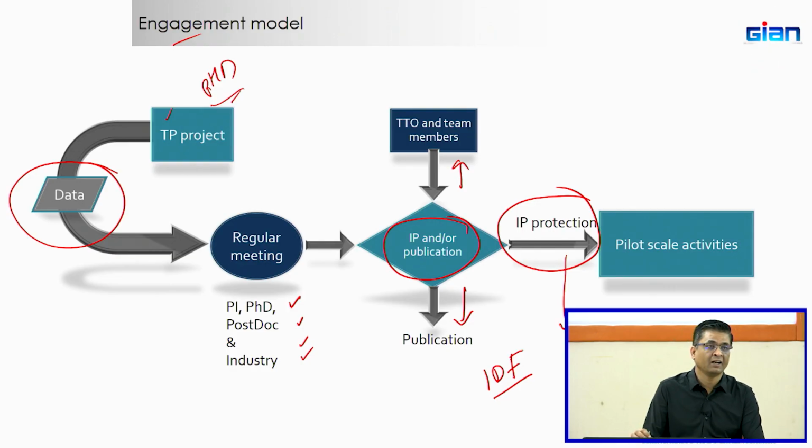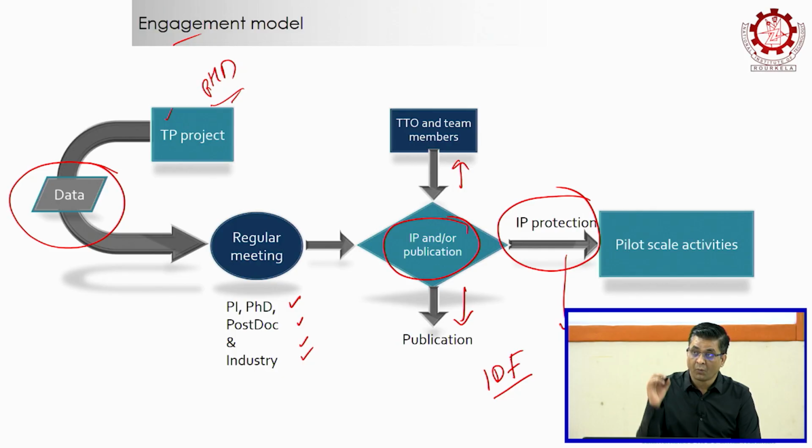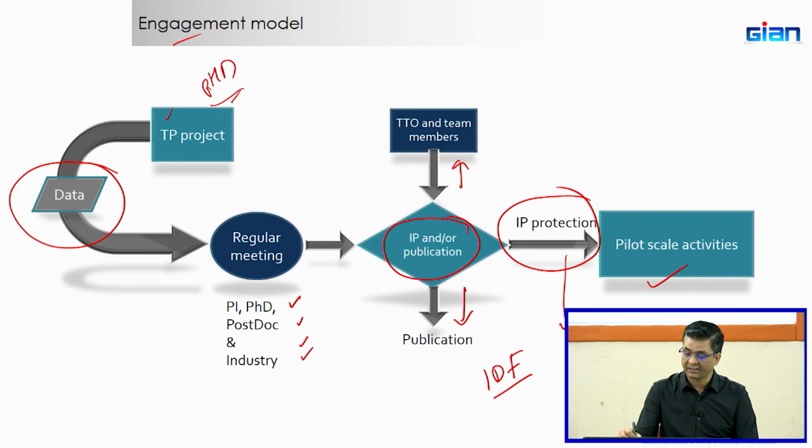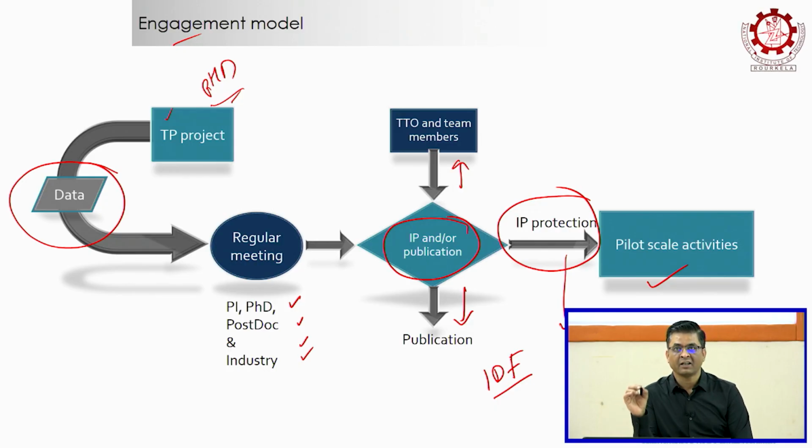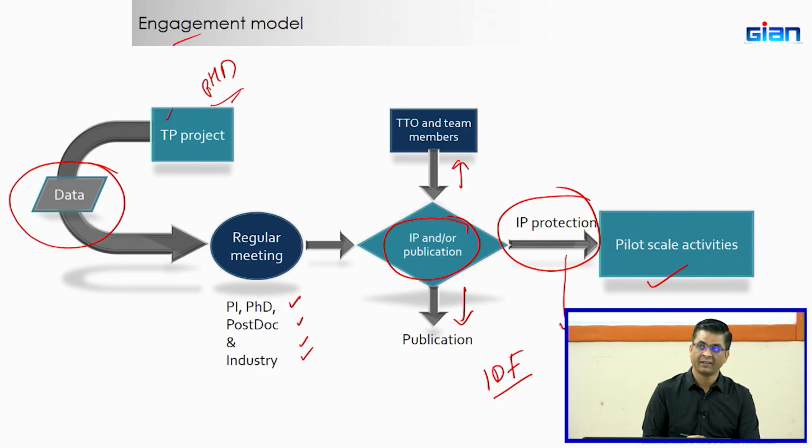So we only file a patent at European level or international level when there is a person who is buying it, who is interested in carrying out the pilot scale activities. Then the licensing agreement is done. Almost every patent has led to one business, and those companies are made and sold for a couple of millions and billions to other bigger companies. It is not that the patent is there and nobody is using it. That is why the engagement model works.